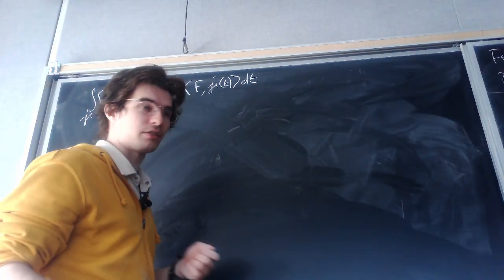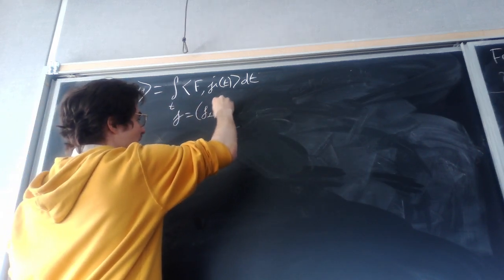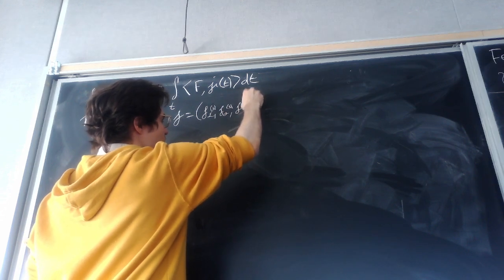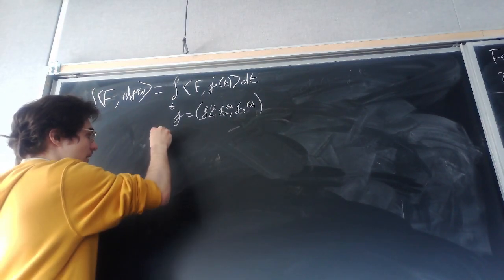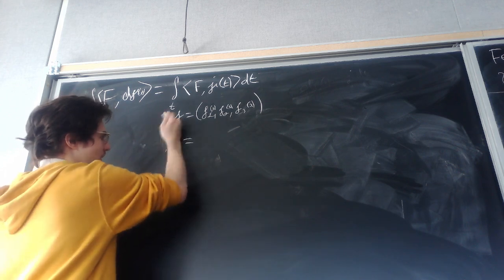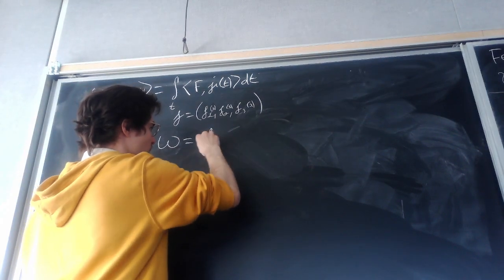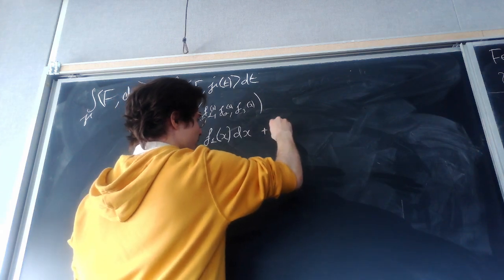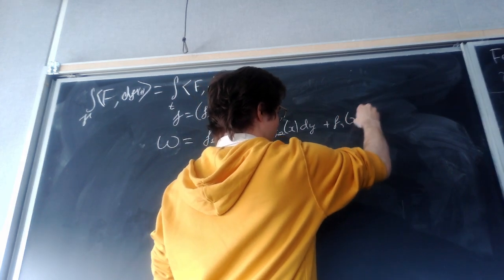So you can think of it as a linear functional. If you give me a force F equal to F1, F2, F3 of X, then I can define the following thing. I can define this form, let's call it omega, equal to F1 of X dx plus F2 of X dy plus F3 of X dz,